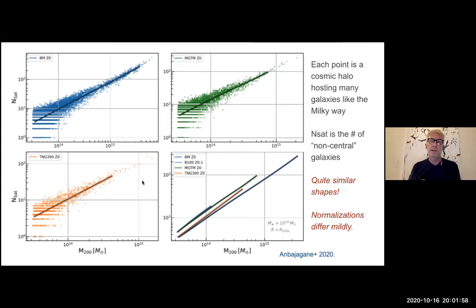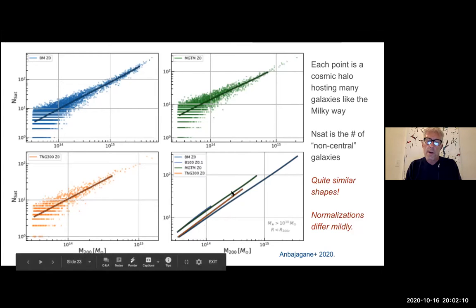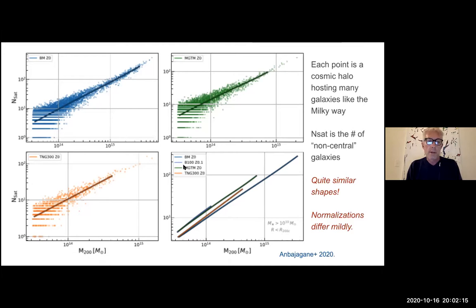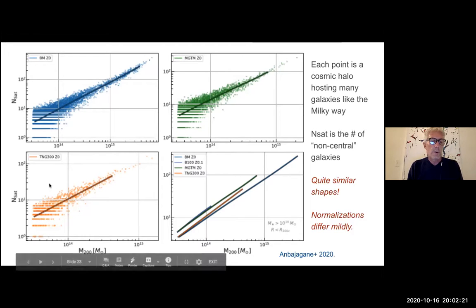And the question here is just how many galaxies form in a halo at redshift 0, at the present epoch. And down here is showing you the mean behavior that's fit by these lines. They're off a little bit in normalization, but the shapes are actually pretty similar. And so what we do is we do statistical analysis by doing what's called a local